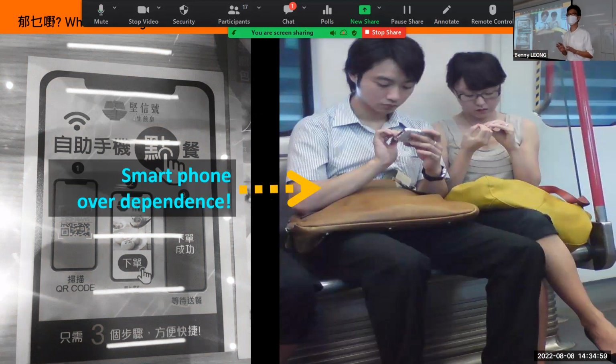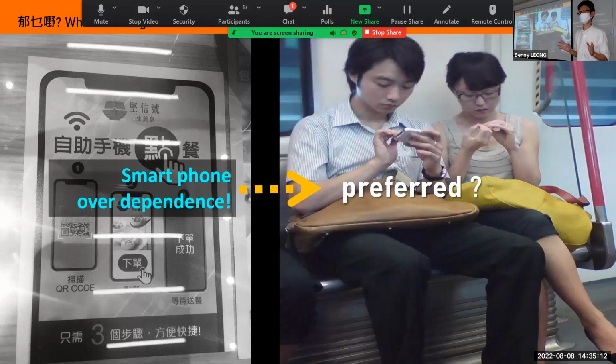But if you are in the MTR or any open public spaces, you can see people touching and playing with their mobile phones, not interacting with each other. And that's another situation I took photos of: a couple, I don't know whether married or unmarried, but the male is playing with the phone, and the girl doesn't know what to do, right? This is what we call our daily life being dependent on smartphone technology.